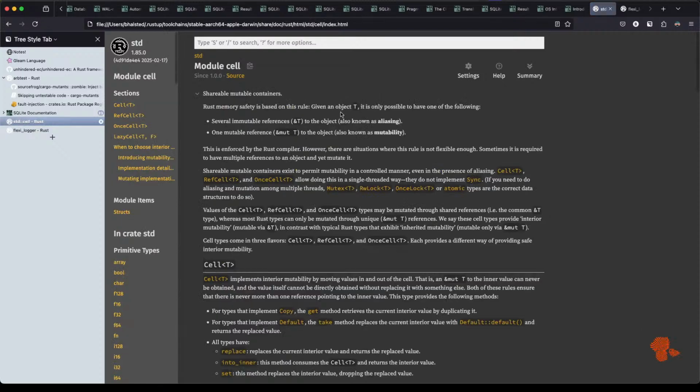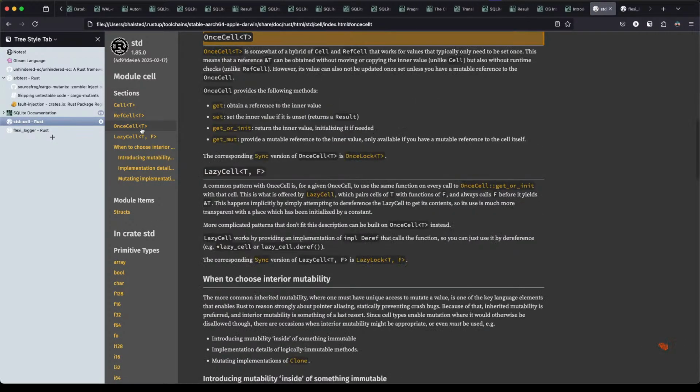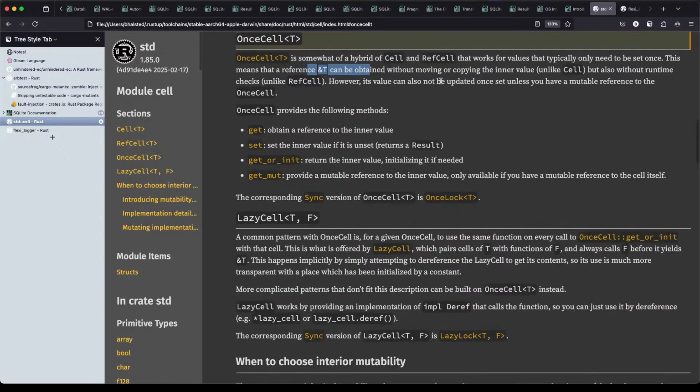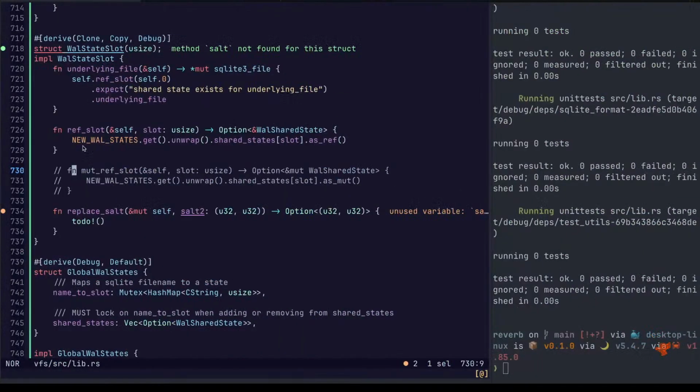So cell's interesting. We're actually using a one cell at the moment. Unless you have a mutable reference to the one cell. Oh.